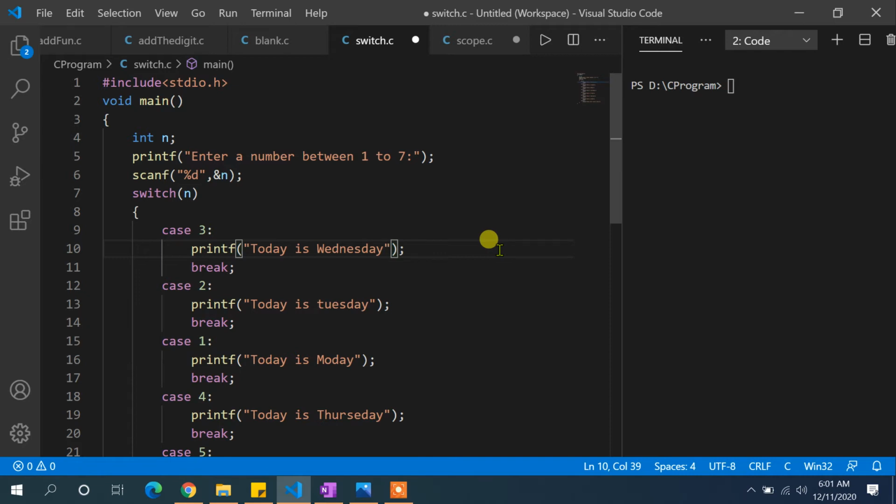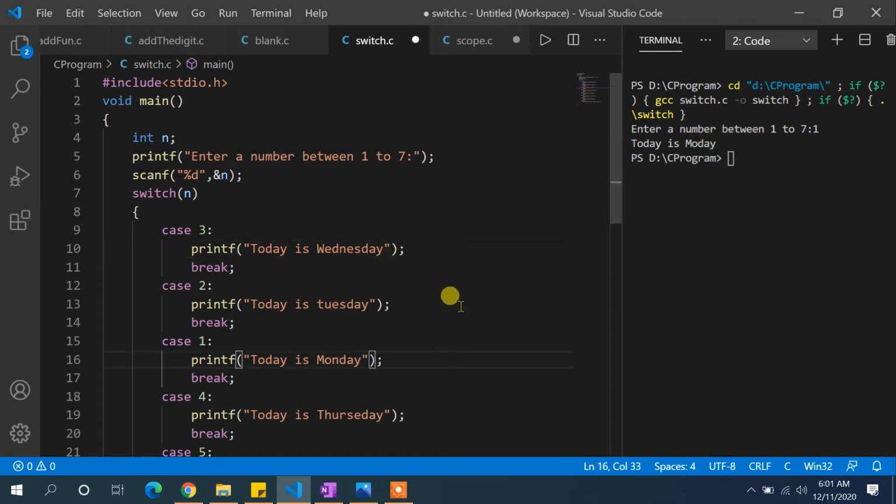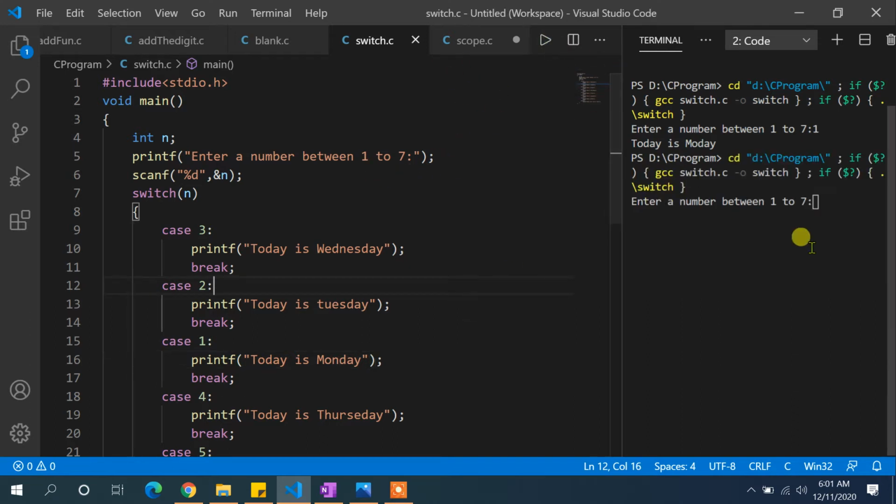If you run this program, you can easily notice we will not get any wrong output. We will get the correct output whenever we provide correct input. So let's say I'm putting 1 over here. You can notice the output is today's. I have made a mistake on the spelling of Monday, so it should be Monday. Fine. Similarly, if you run this program again and choose the number 3, because we have changed those 2 cases, you can notice it is printing today is Wednesday. So the things are correct.